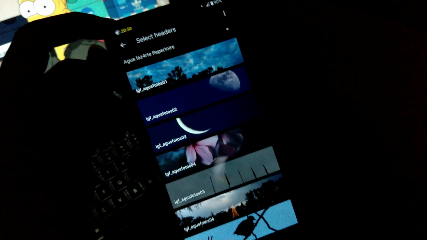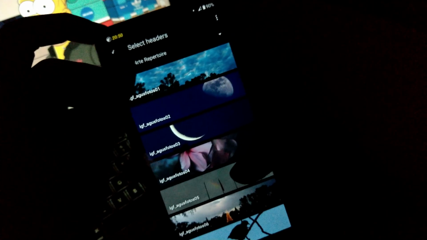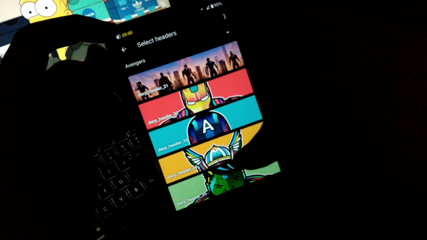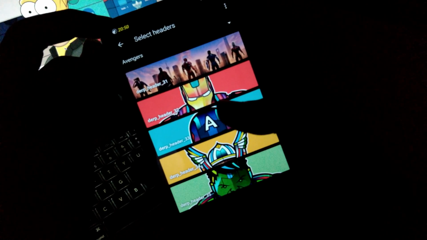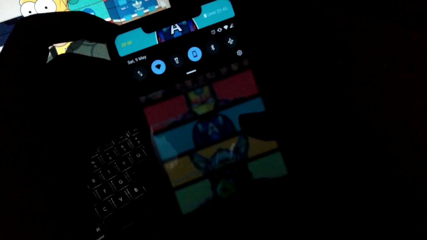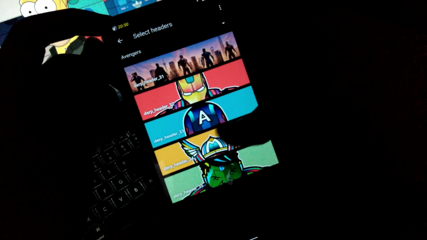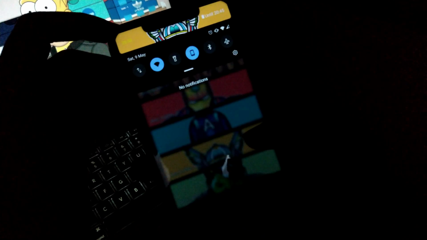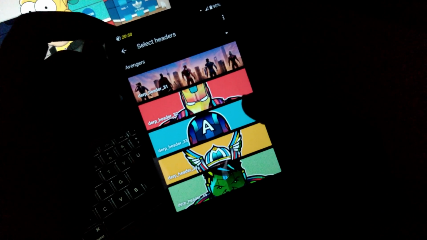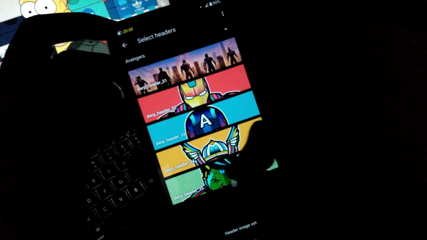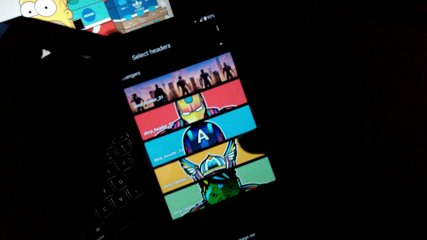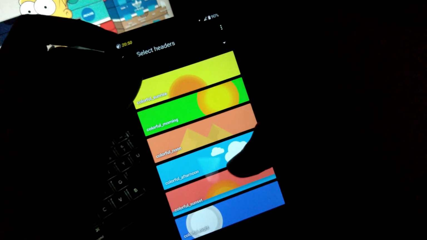These are the styles which are included. Currently I have kept the Avengers one, but you can keep any type of header image you want, and also you can have your custom header image by going in the settings. So this kind of header image is very impressive, and many more header images are available, so you can keep any one of them from your choice.